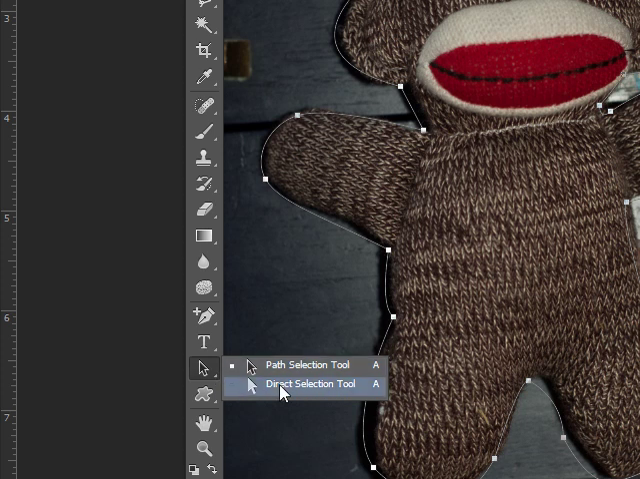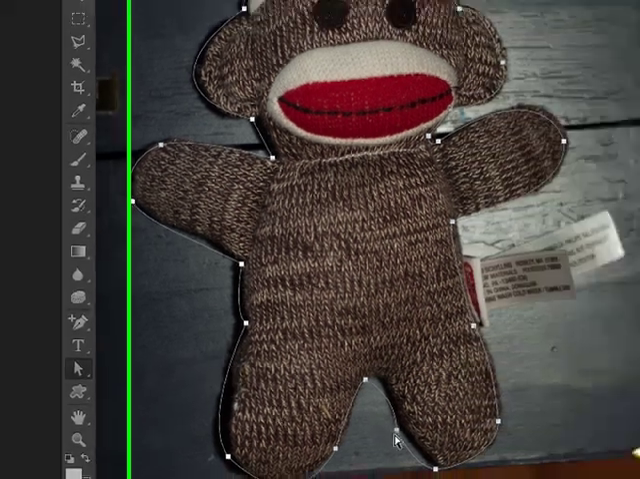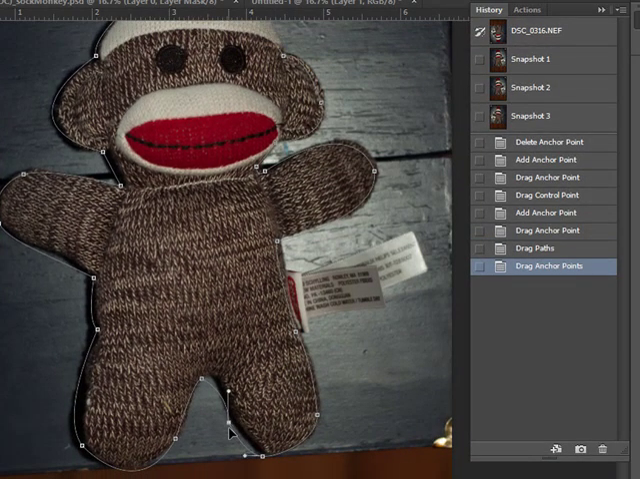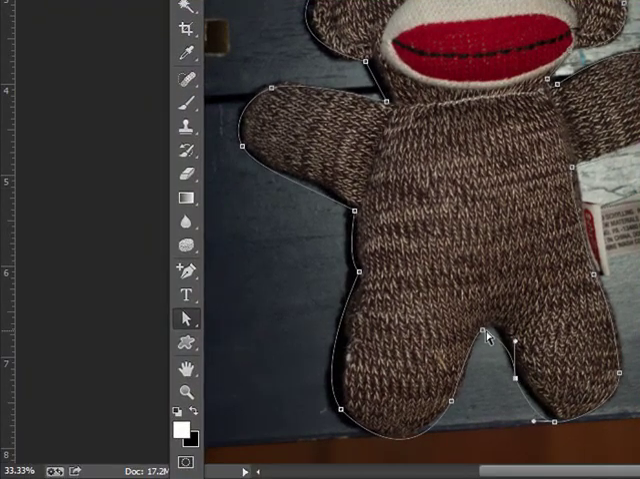And the direct selection tool allows me to click on just one of these anchor points and go in and edit that. So if I want to just take one of these and shift its position a little bit, I can do that with my direct selection tool. Okay, so now that I have SockMonkey selected with my pen tool, making all of these different anchor points,